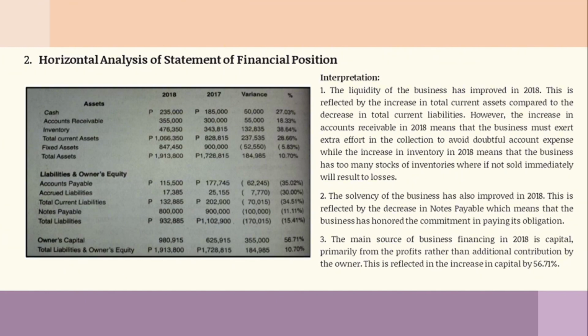In interpretation number 3, it states that the main source of business financing in 2018 is capital, primarily from the profits rather than additional contribution by the owner. This is reflected in the increase in capital by 56.71%. Sa picture makikita niyo ang owner's capital is ada siya sa